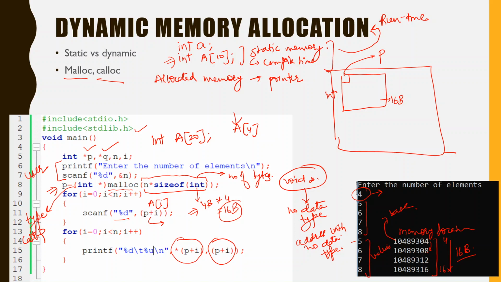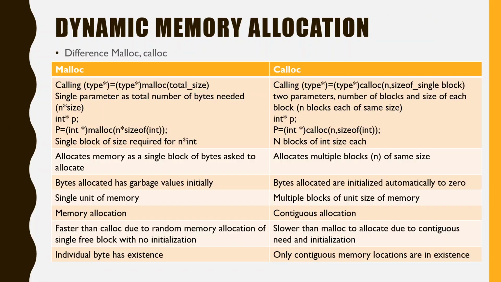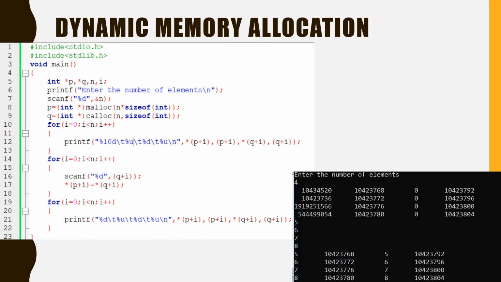Now, seeing that example, we will see the difference between malloc and calloc. So let us first see this program. This program has two pointers p and q, and the number of elements that would be stored is scanned from the user. So this is the dynamic number. How many elements would be required will be taken dynamically. Now you can see the two syntaxes.